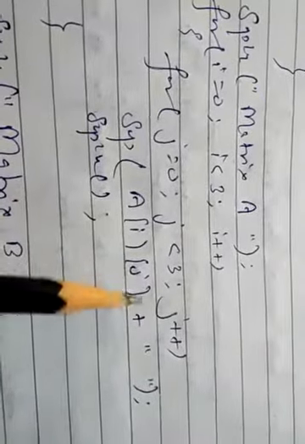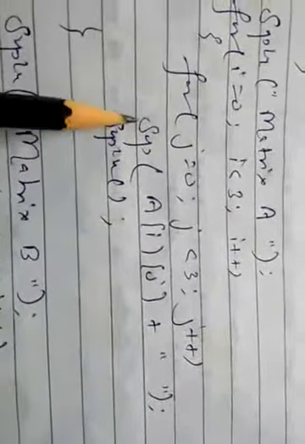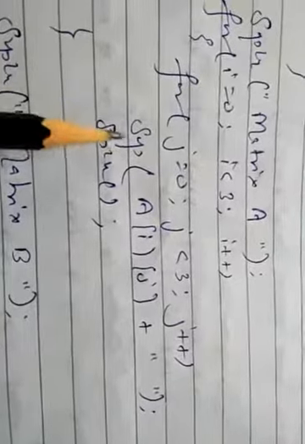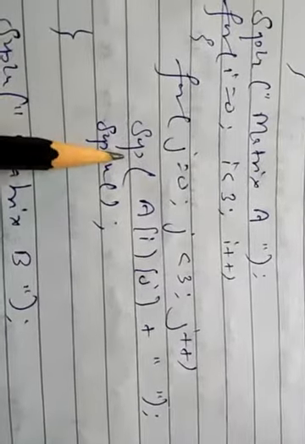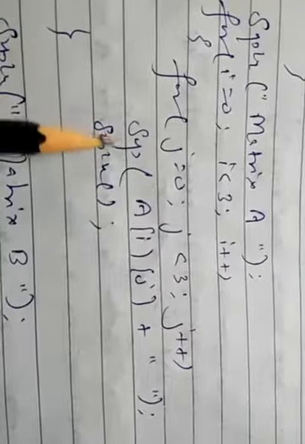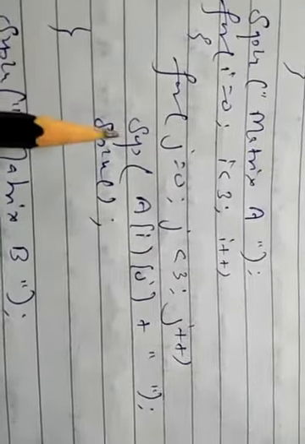So there will be one space between two elements of the matrix, and this is the System.out.print statement, not println. If we write println, every number will be displayed on a new line, so the output will not be in matrix form. After the first row, the line will be changed, then the second line will be printed, then the third line.